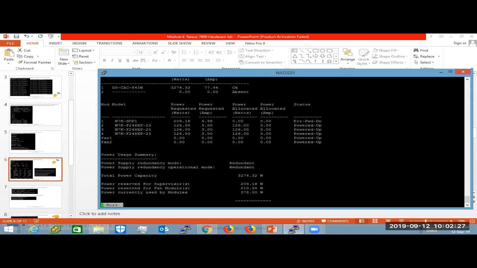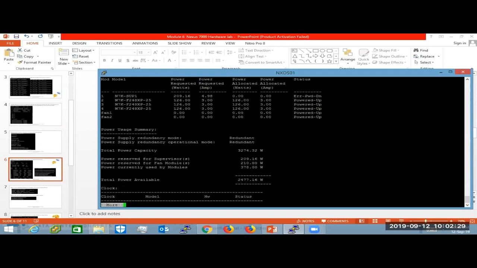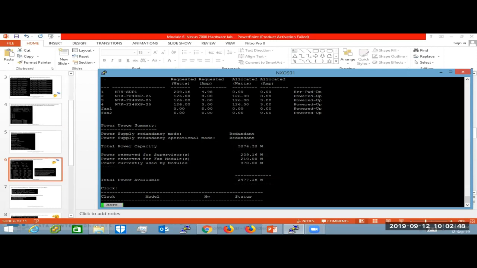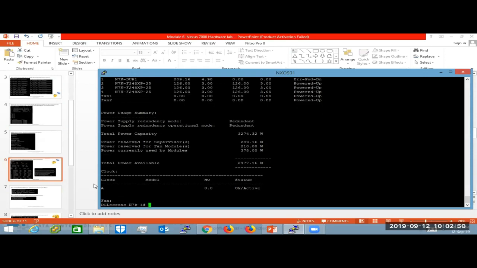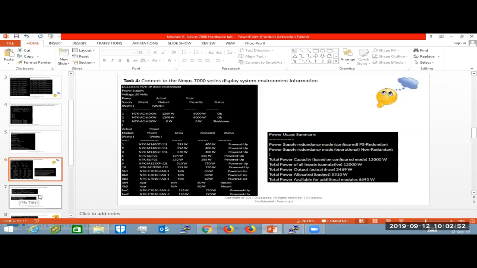And if you go for power usage summary, here you see what the total power supply is, power reserved for supervisor, power reserved for fan module, power currently used by module, right? And then the total power available is this much. So you can sum these three and subtract from 3274, and you can get the total power you have left. Okay, then